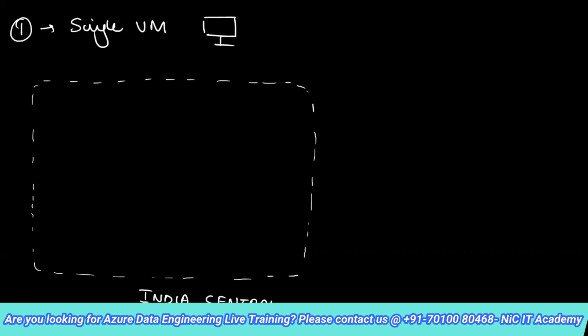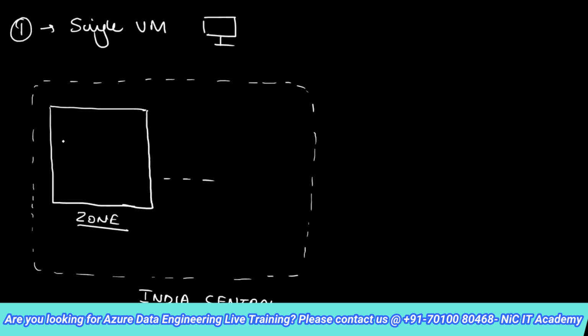Now, again, how the data center is built is very simple. This is the region. Within the region, I will have the data center buildings, correct? So within the region, you will have a data center building like this, and you can have more data center buildings also. If you remember, we have discussed that a region can have one or more data center buildings. This is called a zone. Within this, we'll have something called racks. Inside a data center, what you have is called a rack. And on these racks, you will have multiple servers placed.